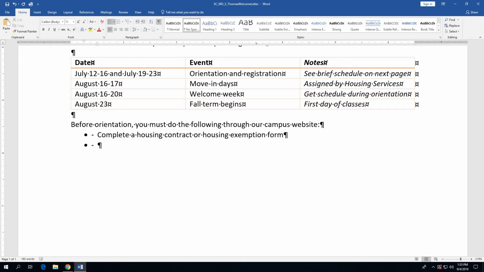Then press enter. You'll notice it automatically bullets the next paragraph, which is what we want. And then we're going to type the next bulleted paragraph, which is shown in step 4 on the bottom of page 3-38. So schedule